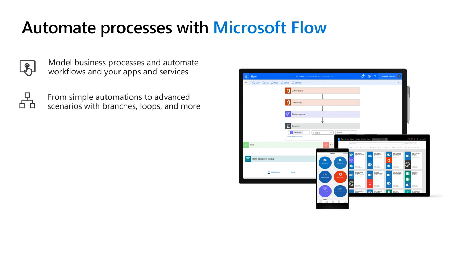As distinct, I remember talking about this at Ignite several years ago. It was, in fact, when Ignite was here in 2016. Flow in those days was a very simple automation tool, largely aimed at personal productivity. One of the things that we're proud of, the investments that we've made, and that you should be aware of going forward, is the kinds of robust automations that you would expect from any process automation platform. Flow does all of those things today.